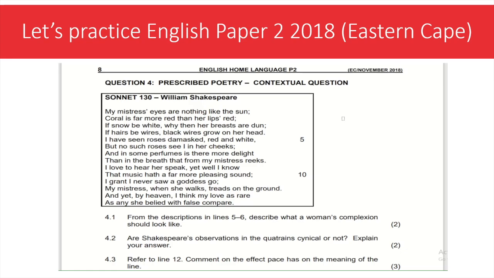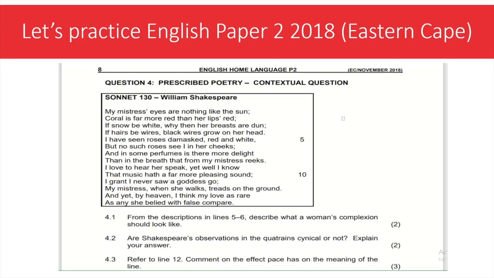And in some perfumes is there more delight than in the breath that from my mistress reeks. I love to hear her speak, yet well I know that music hath a far more pleasing sound. I grant I never saw a goddess go. My mistress, when she walks, treads on the ground, and yet, by heaven, I think my love as rare as any she belied with